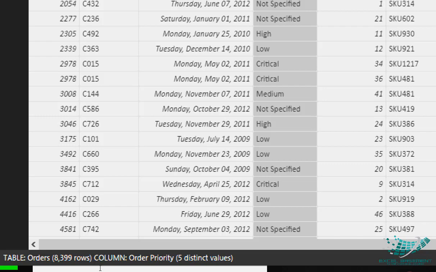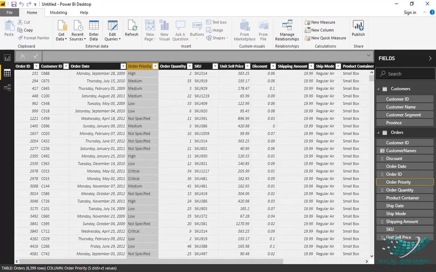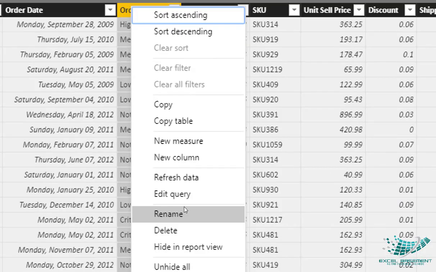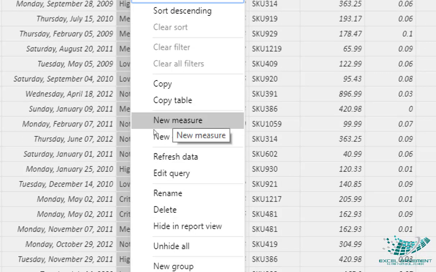But if we want to know the distinct count with the help of DAX, how can we apply that? We'll create a measure, which is called an explicit measure. Right click on any column, you will get this contextual menu, and here you can click on New measure.